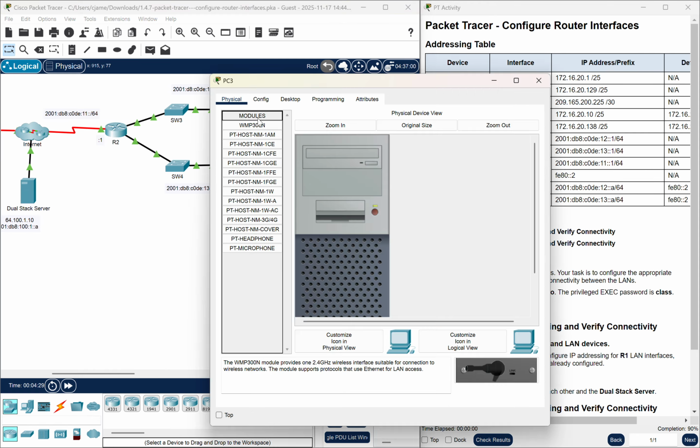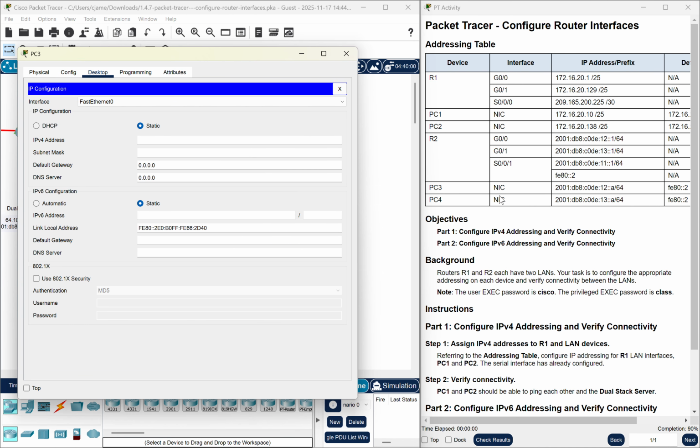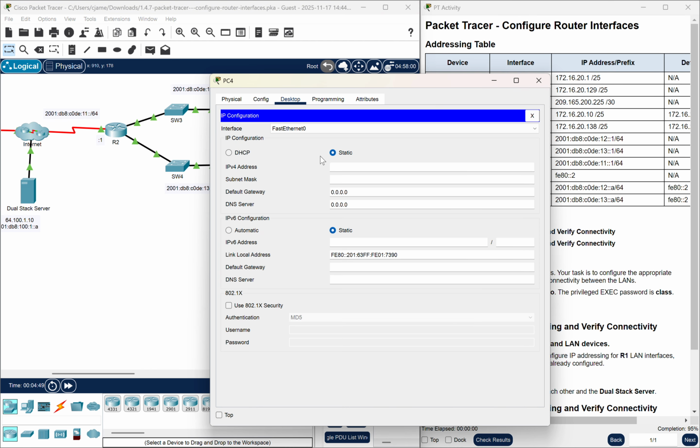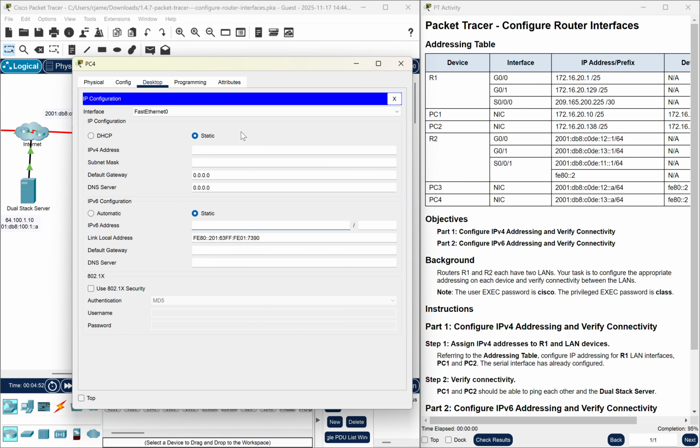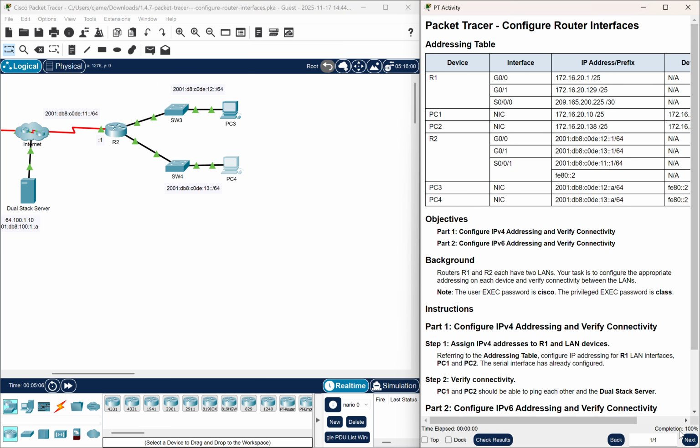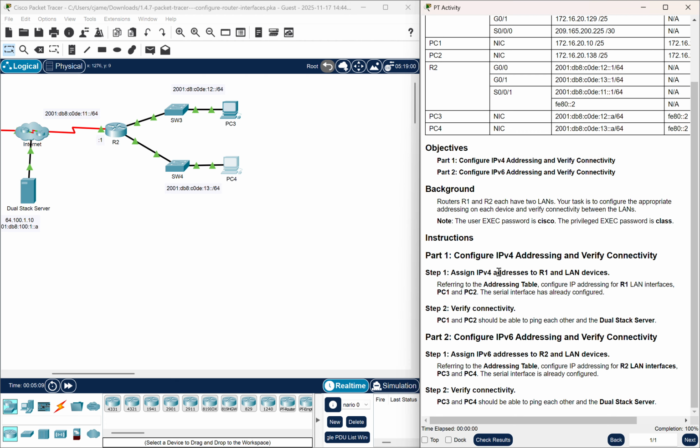Our interfaces are set up, as you can see. Now we just configure the PC IP addresses. It's going to be the second one down here, the IPv6 section. All right. Alrighty, same thing on this one. So we have now hit 100% completion on this assignment, and the only thing left to do is to make